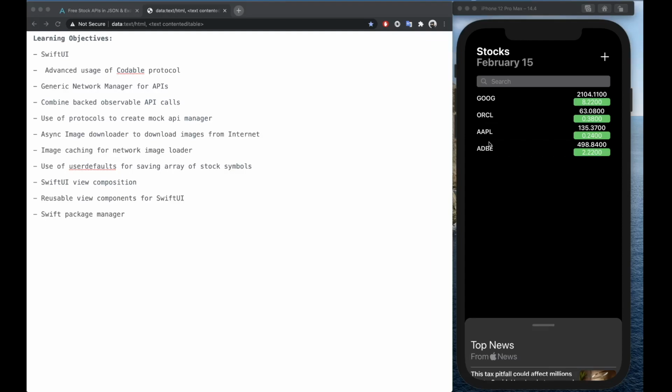And then you're going to learn about SwiftUI view composition, combining various different views to build a complex view.